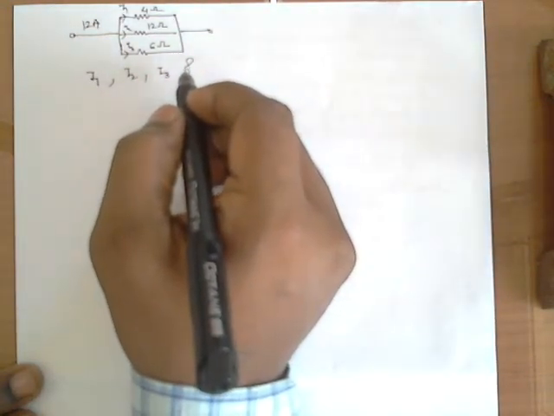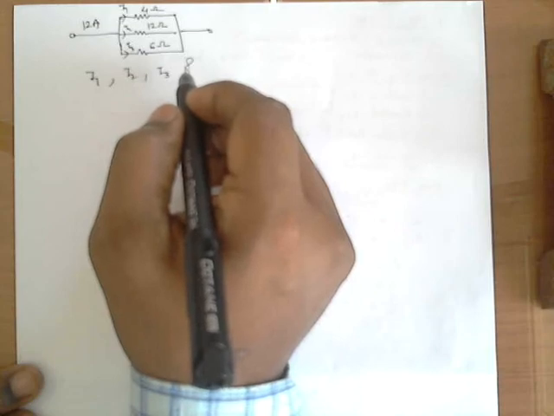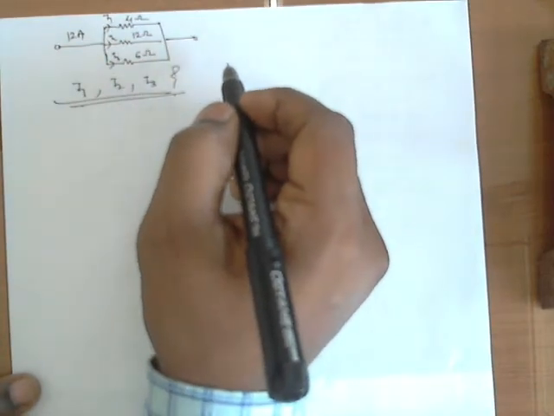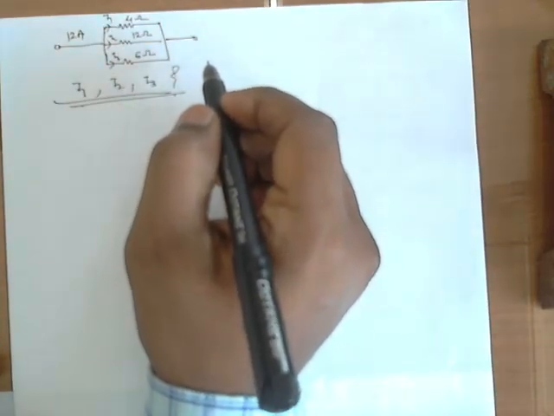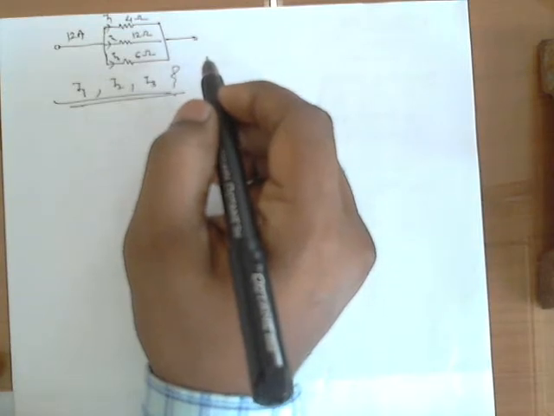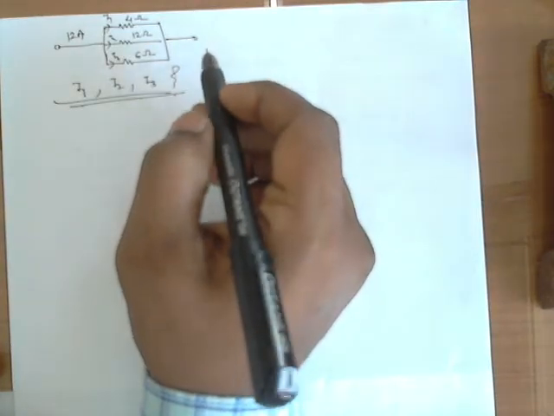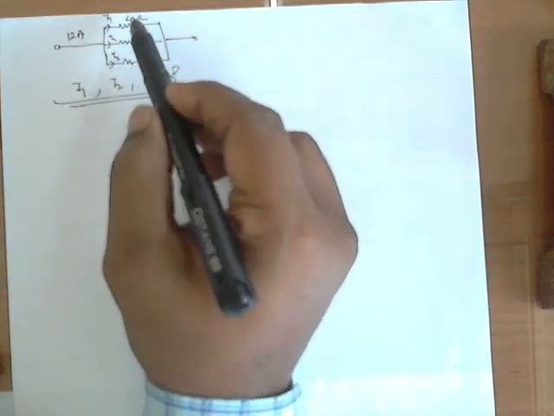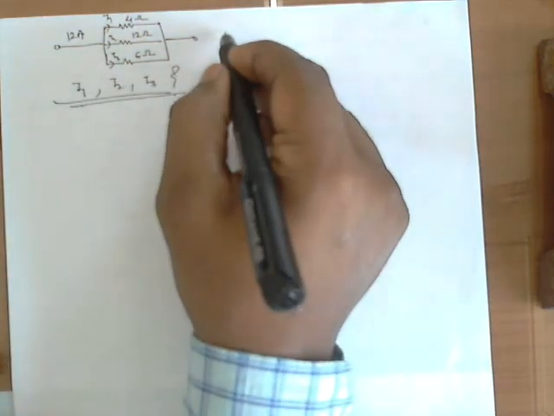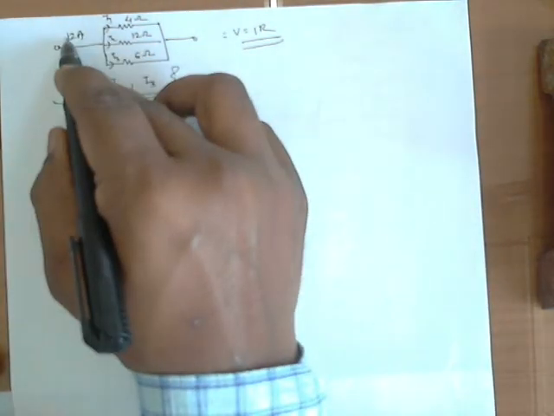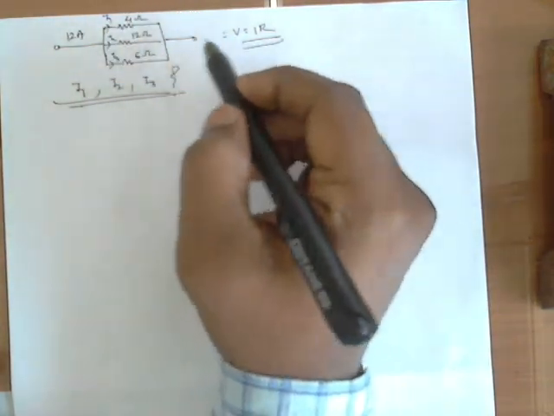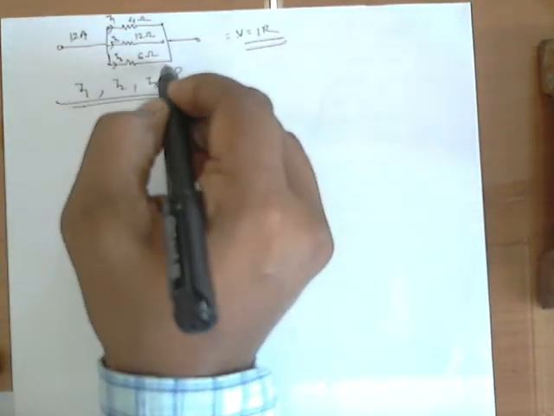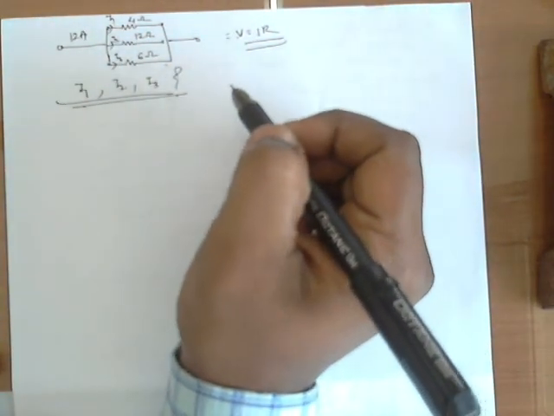Okay. See whether you can find it out. It's very easy actually. The hint I can give is, to find the current, what will you require? Voltage. Now how to find the voltage? That is up to you. You can find the equivalent resistance. How to find the equivalent resistance, that you know for a parallel circuit. If you get that equivalent resistance, then by Ohm's law V equals I into R. You have I. Equivalent resistance multiplied by I is the total voltage. Once you get the total voltage, that voltage will be the same for all three resistances, and you will get the current. Okay, so let's solve this.